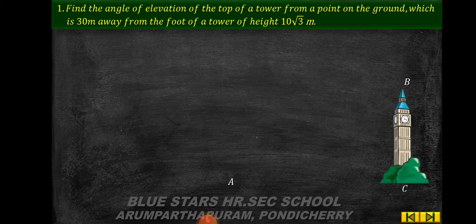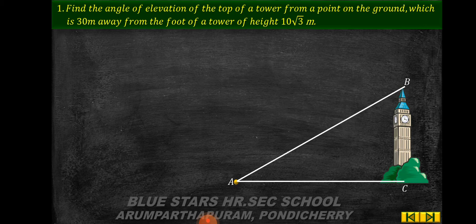So here you have the tower. The angle of elevation of the top of the tower is from the point A to B. Join the points AC and BC. The distance AC is 30 meters. The angle is theta. We don't know the angle. So in triangle ABC,